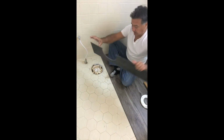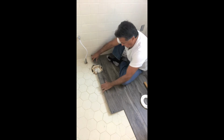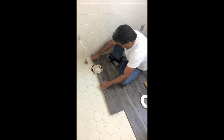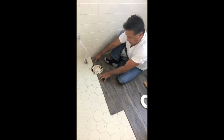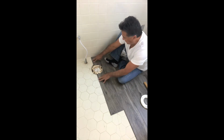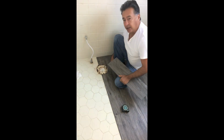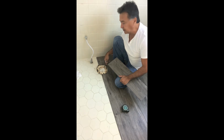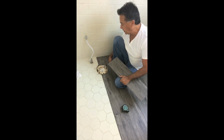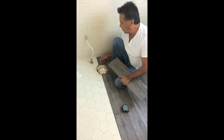Now we're going to take the plank, make sure it slides into the grooves, make sure you get a nice insert into the seam, and we're just going to let it sit there. There we go. Now we're down to our next section of plank. We've got to do two cuts here. We've got a supply line coming out of the floor, and we've got the flange that we need to work around. Since the flange is going to be on the back side of the toilet, we're going to deal with